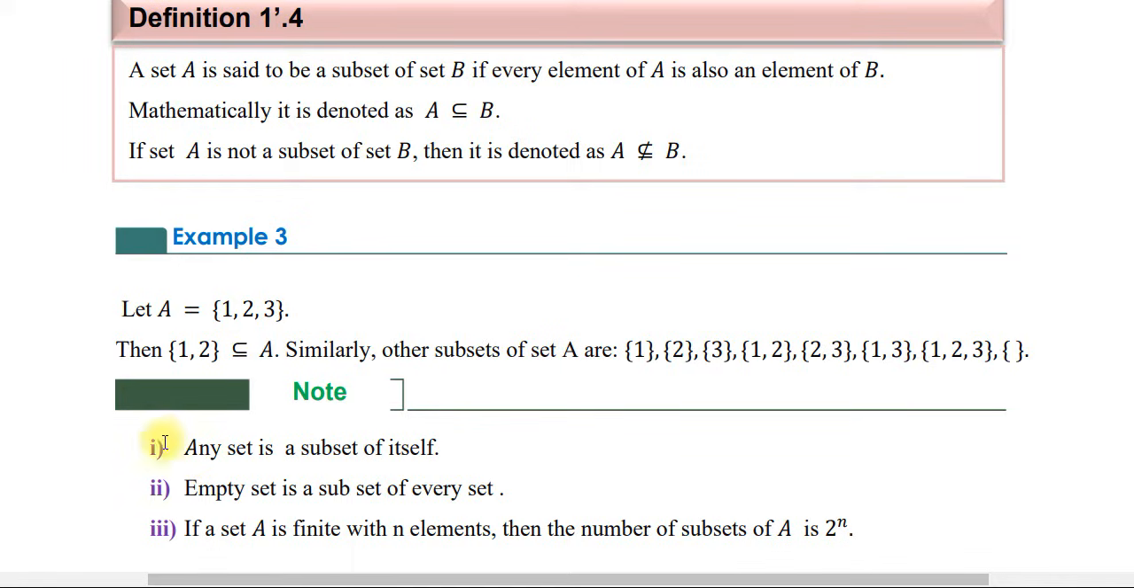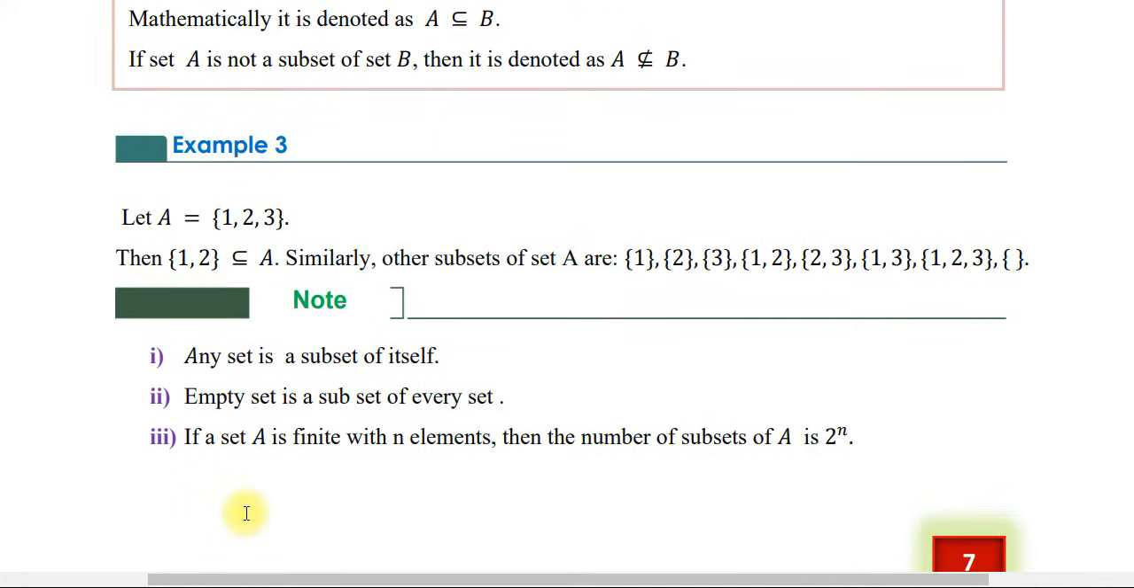Note 1: any set is a subset of itself ማንኛውም ሴት የራሱ ስብስብ ነው። Empty set is a subset of every set። እዚህ ጋር እንደምናየው empty set አለ ሰብሴት ነው። እዚህ ጋር ደግሞ 1 2 3 ራሱ ሴቱ የራሱ ሰብሴት ነው ያልነው ለዛ ነው። And third, if a set A is finite with n elements then the number of